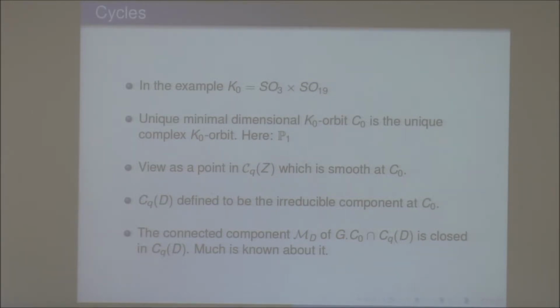You can prove that that's what we call MD. You can prove that if you push by the complex group, and then see what happens when you intersect back with this domain, in fact, that is still closed in this cycle space. It's a very useful technical remark. And much is known about this, as I said, much we wrote about this, our research on graph and many other people have contributed. It's a very important